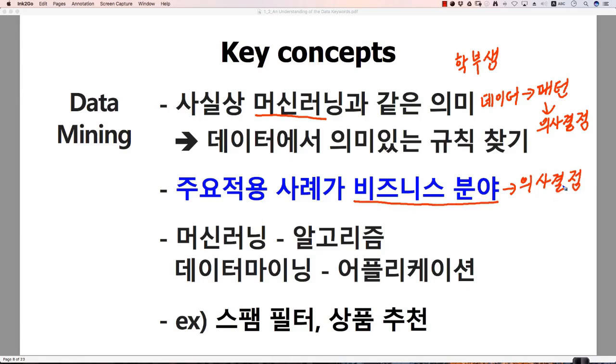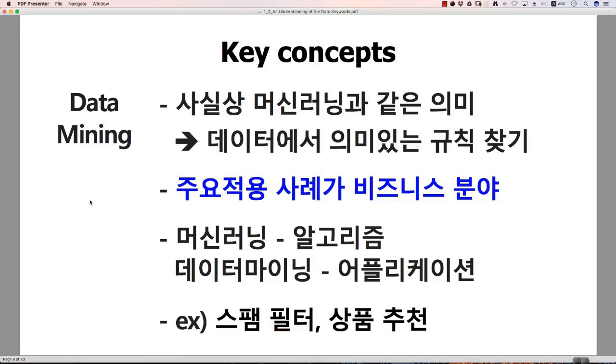So, if machine learning is a collection of algorithms or models, we will learn more about what a model is later. If it's a collection of models, then data mining is an application made using that. Therefore, things like spam filters or product recommendations are examples of data mining. However, in fact, these are also examples of machine learning. So, you might wonder if it's really meaningful to distinguish between them. But if we organize it a bit more,